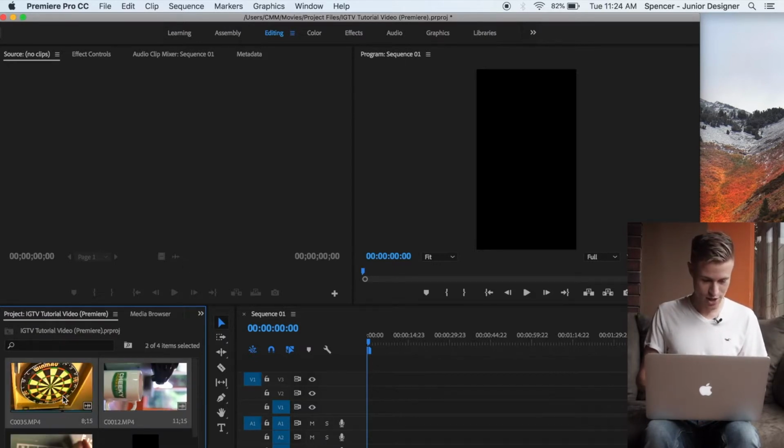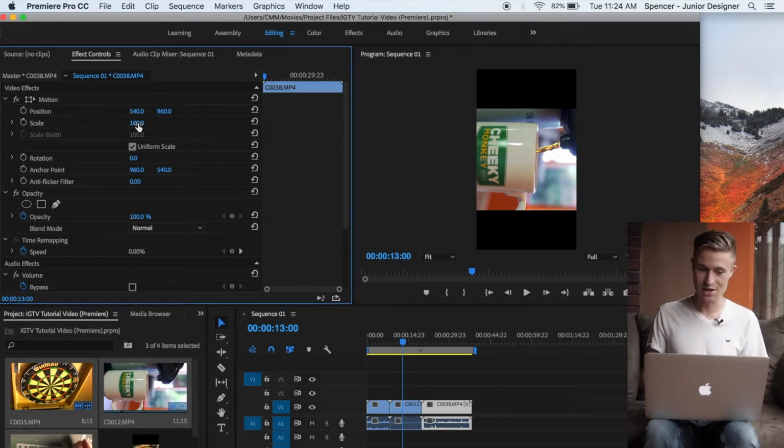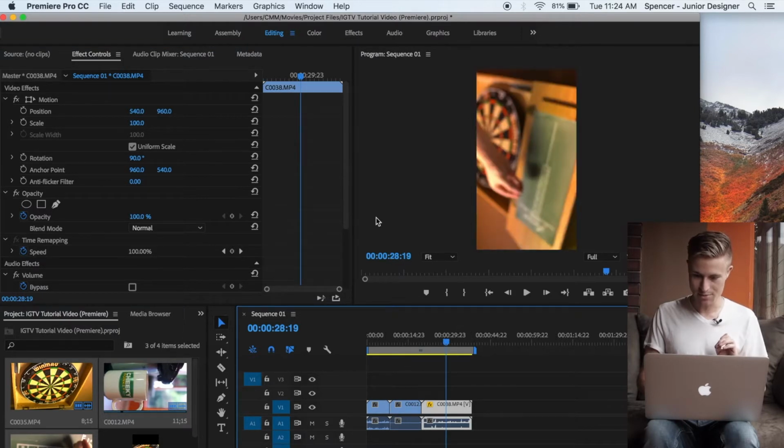So now I'm going to drag these clips to our timeline. Now again, you'll see that they don't fill the frame and they're not in the right orientation, just like in Final Cut Pro. So we have to do some adjustments. In Premiere Pro, you actually have to select them individually to do this, so it's a little bit more labor intensive. We're going to go to rotation and hit 90, and we will see that this clip now fills the